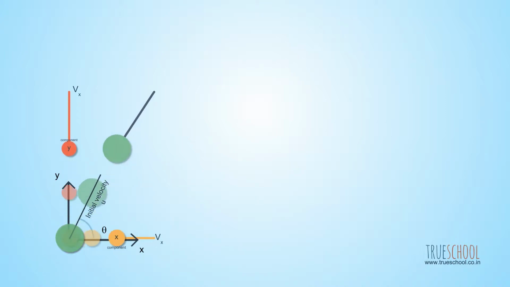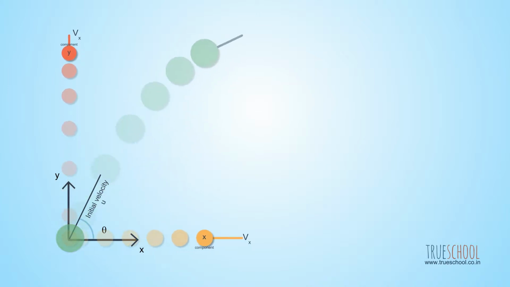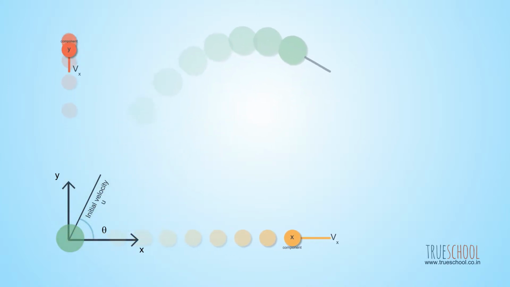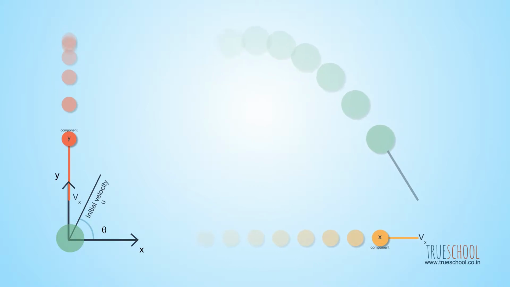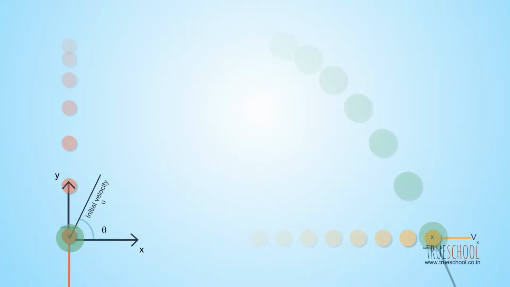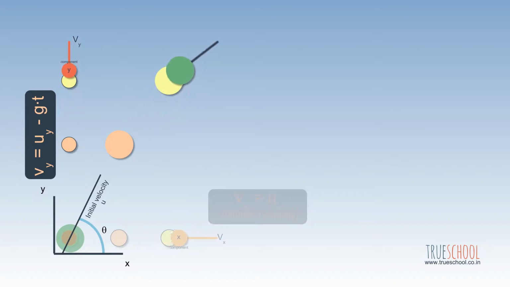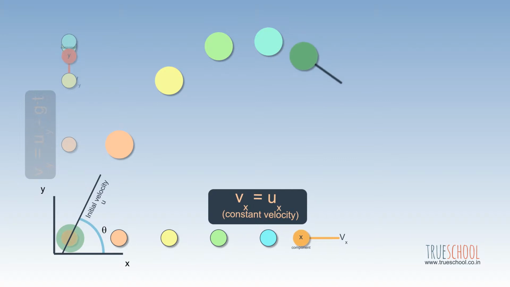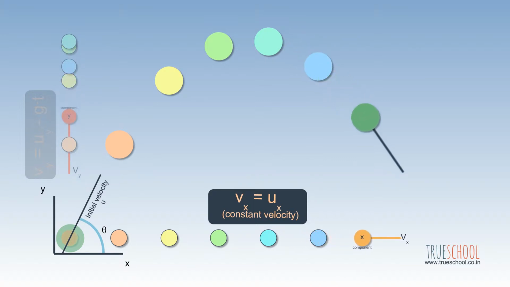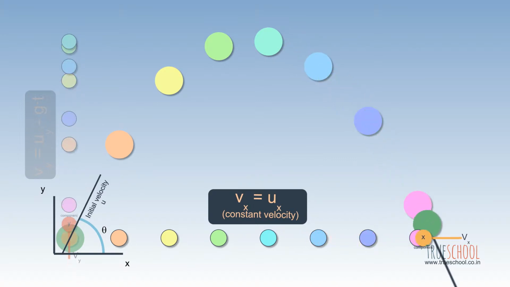But actually, two dimensions is not much different than one dimension. You don't have to learn any new theory or equation. Only remember that these two directions are independent of each other. How is that important? Because they are independent, we can just turn blind to the other axis and focus only on one axis. When we are done with the analysis of this axis, we can move to the next. The only additional thing you have to do is resolve the quantities into two axes.